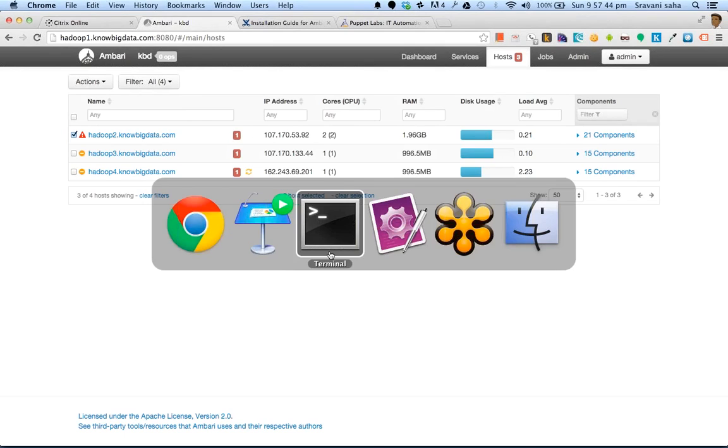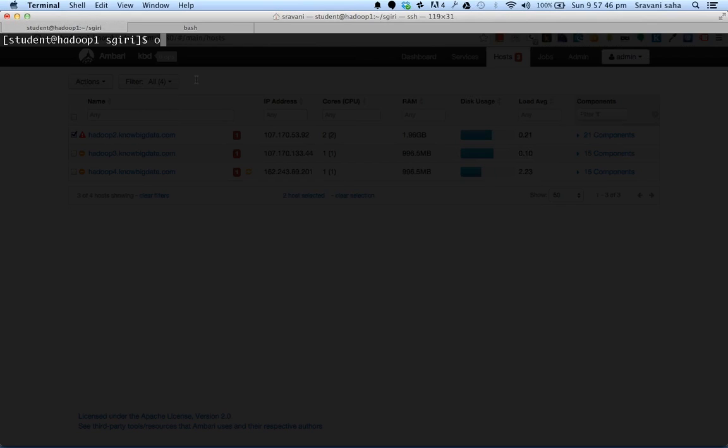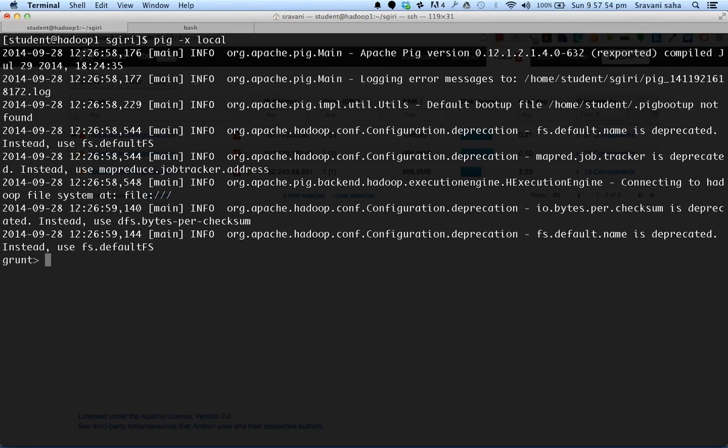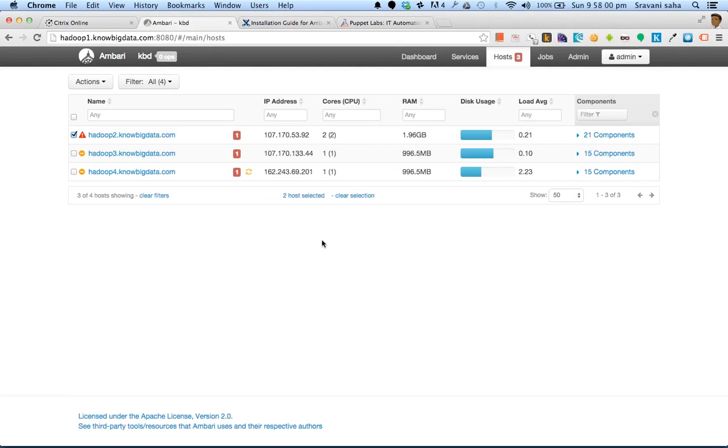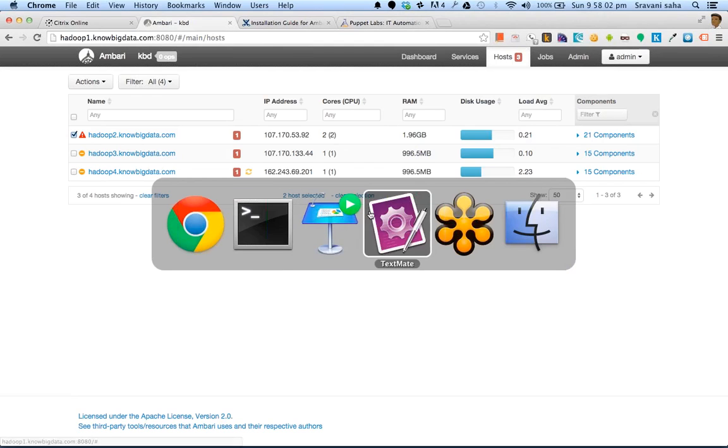Okay. So here, let me show you. So pig -x local is running in the local mode. We have got grunt. Grunt is the command prompt for Pig. Okay. Similarly,